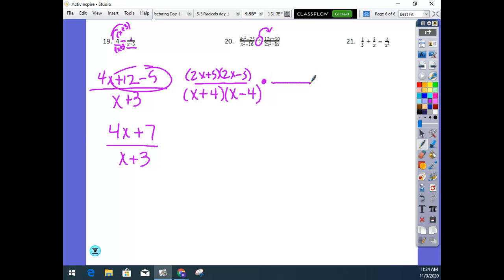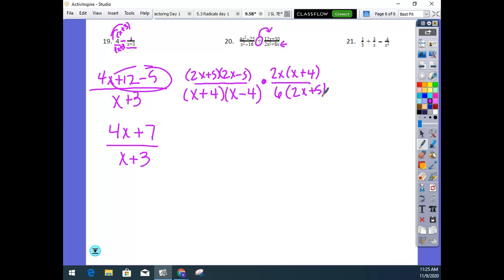Multiply by the reciprocal. So when I look at the bottom, GCF is 2x. I'm multiplying by the reciprocal, so I'm just switching these two. If I divide everything by 2x, x plus 4, GCF of this numerator is 6, but I'm putting it in the bottom,